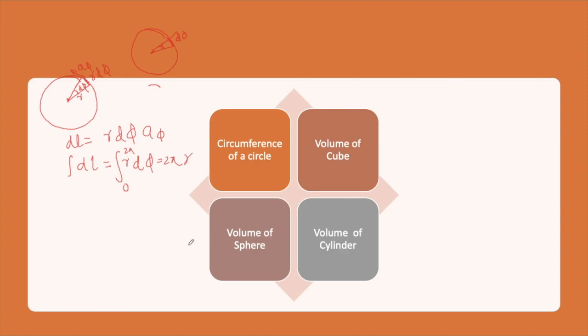Similarly, you can actually do it yourself for the volume of a sphere. Let's do the volume of a sphere here. Sphere will have this r, and here theta will be a variable as well as phi will also be a variable.